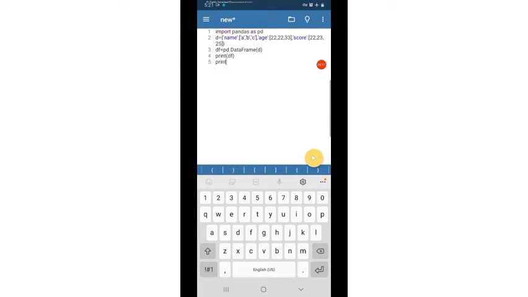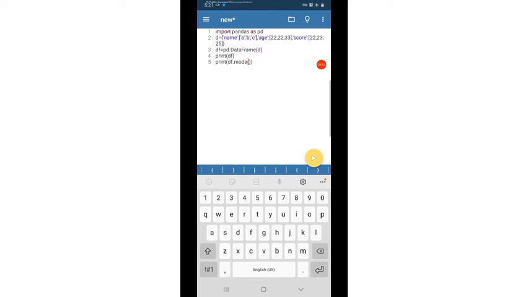So print df, the data frame dot mode, then in brackets we haven't specified any column name, just the name of the data frame.